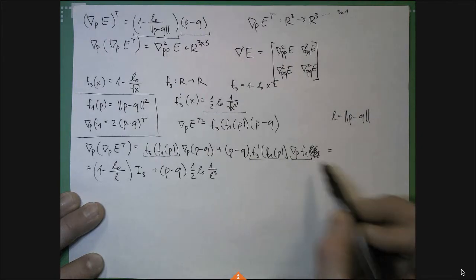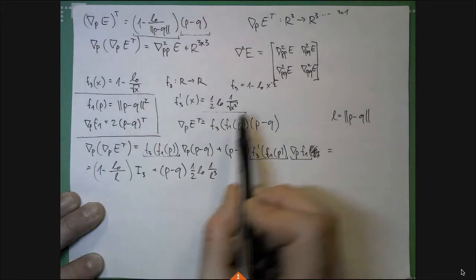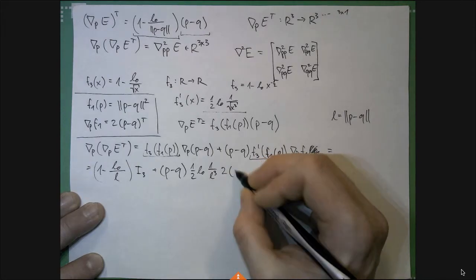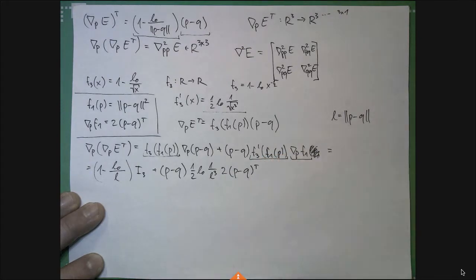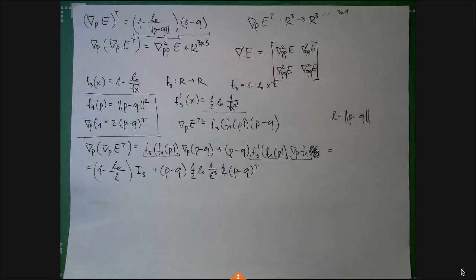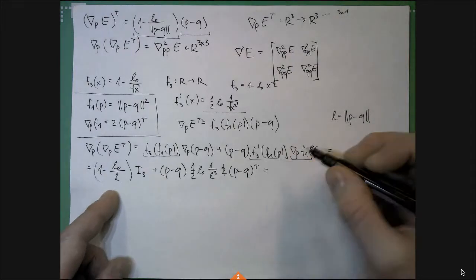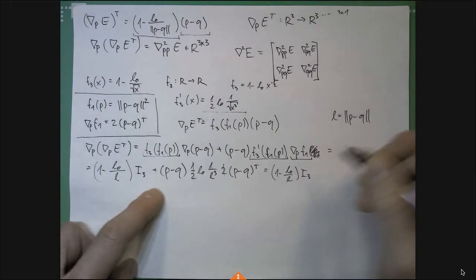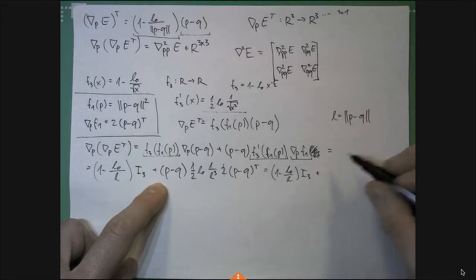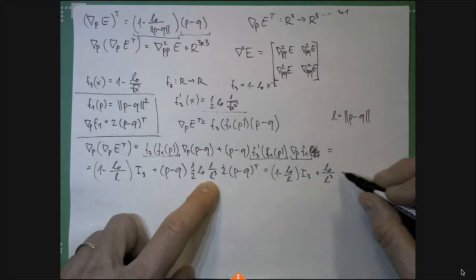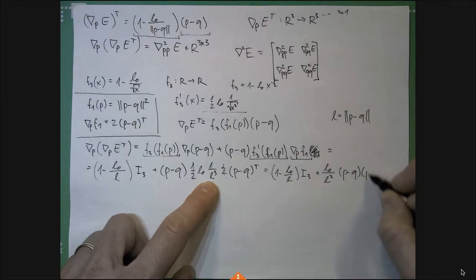And the last piece is the gradient of F1 with respect to P. That's what I have prepared here. So that's 2 times (P minus Q) transposed. Okay. So conveniently we see that these halves cancel out. So that's nice. And if I make it a little bit neater, I'll just copy this term for now. And what I will find here is L0 divided by L cubed, times P minus Q